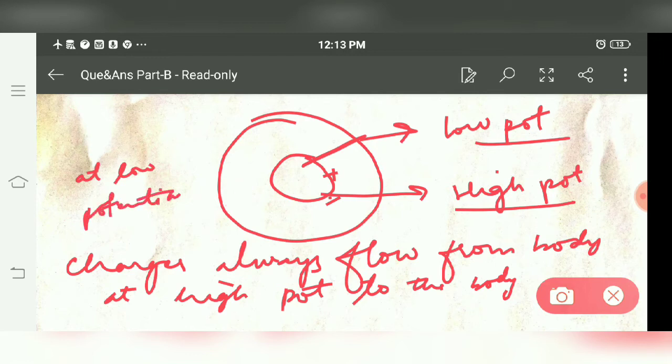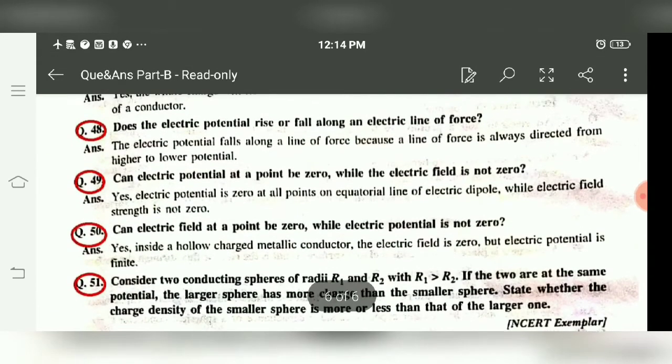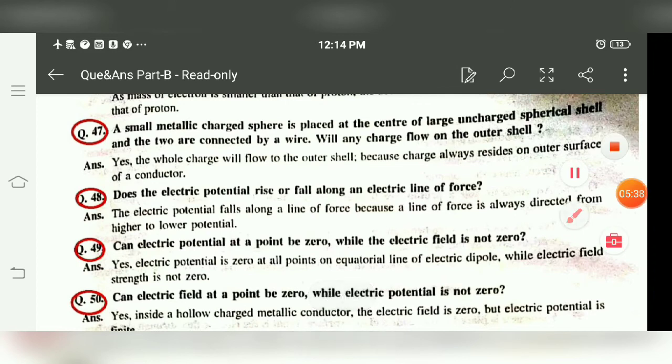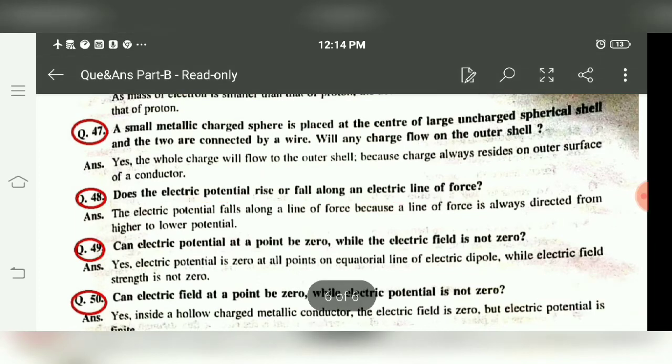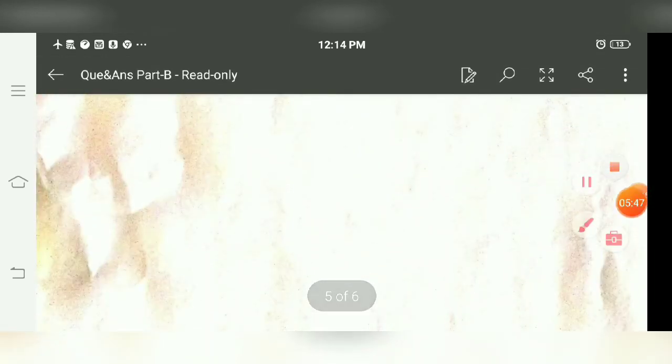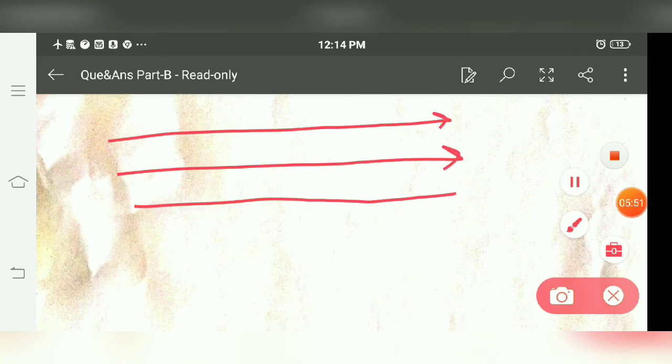So, meaning charge starts flowing from a body at high potential to a body at low potential. Next question: does electric potential rise or fall along the electric line of force? Yes. If we have electric lines of force, these are electric lines of force, and we know electric lines of